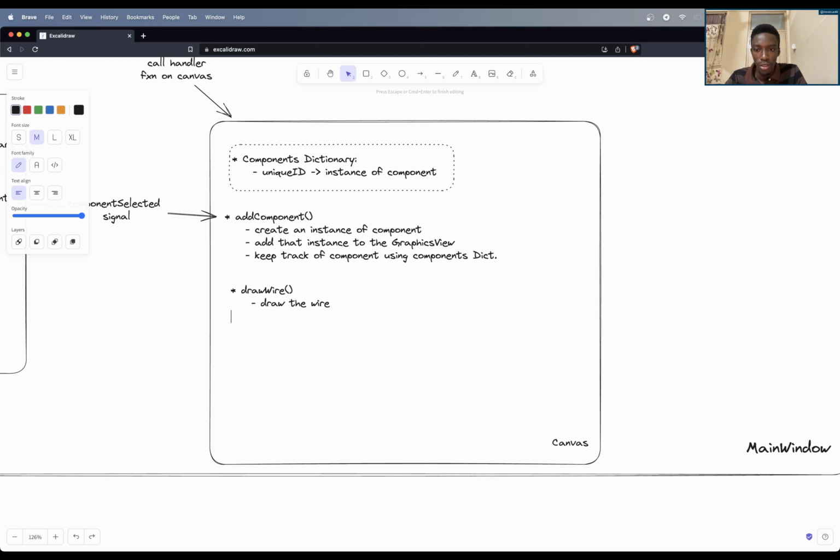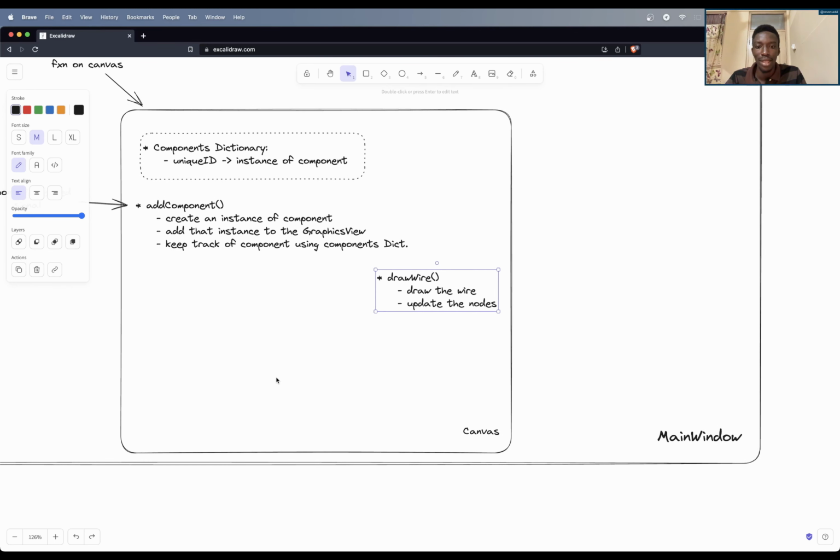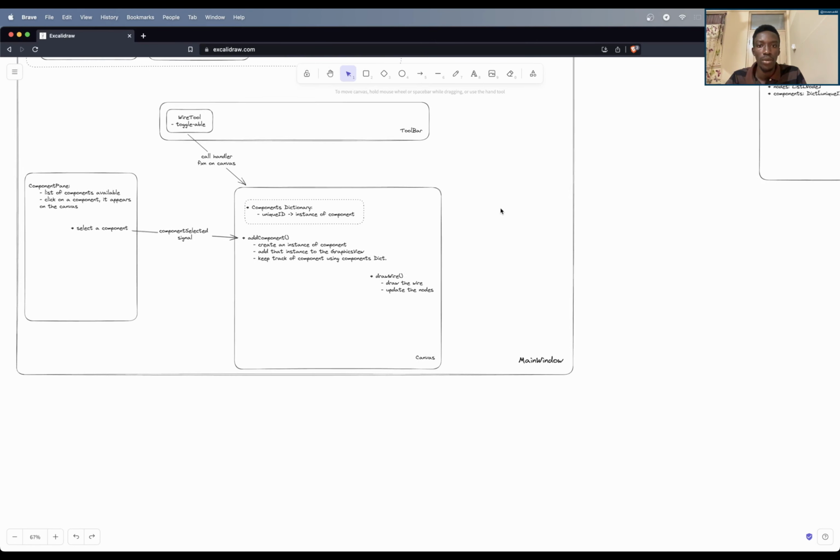Draw the wire for it to show, and then also update the nodes to make sure that we are keeping track of the changes in the nodes, right? So that's what we are going to be doing. I think I can bring this somewhere around here, and I think I should actually be covering this in some sort of circle, because it's looking like everything is just scattered. Right. In any case, there is supposed to be a connection between